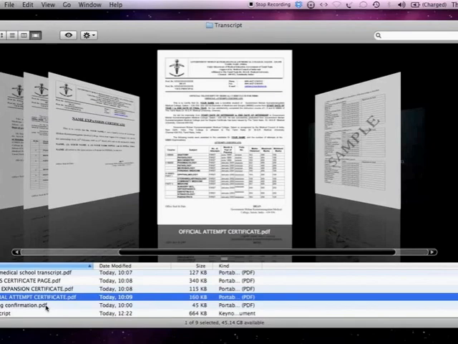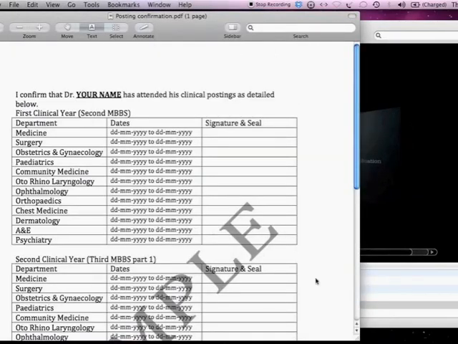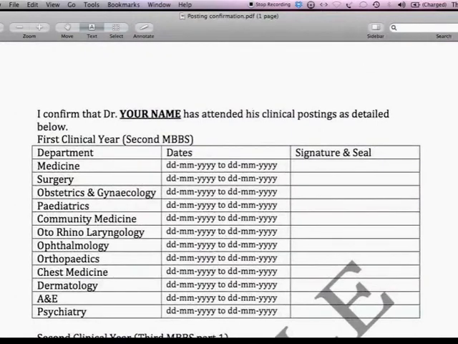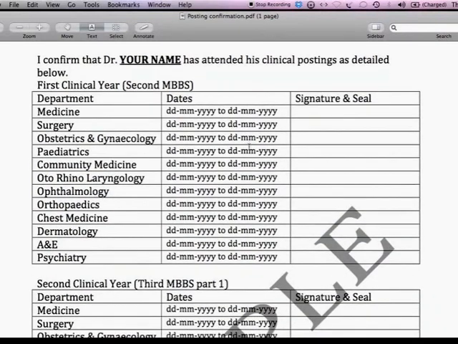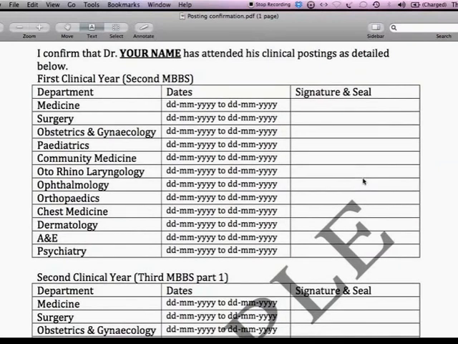The posting confirmation is a supplement which different colleges might require just for office purposes. So when you go to the medical registrar in the first place to get all the details of the clinical postings you did, get them sorted out in this format based on the year and the department you worked under. So first clinical year in medicine, surgery, under different departments, you worked from this date to that date. Get it clarified with the registrar and make sure you get it approved by him or her, so that when you go to different departments, the specific corresponding departments, they know these dates were checked by the registrar,